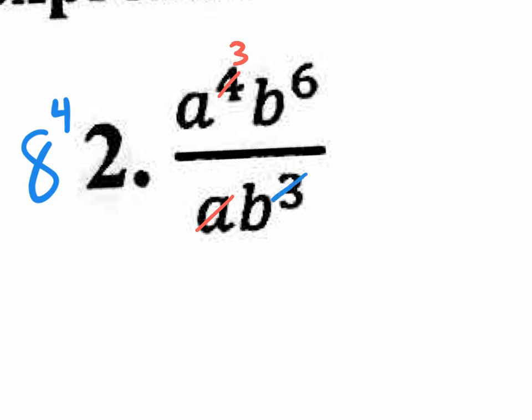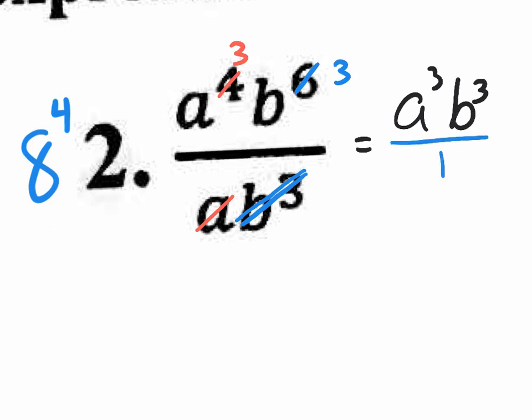So all 3 B's, that's why I put a line all the way through the 3 and the B, because there are no more B's. All those 3 B's canceled out with 3 of these 6, so I will have 3 left over. So my answer is a to the third, b to the third, and yes, I could put over 1, but